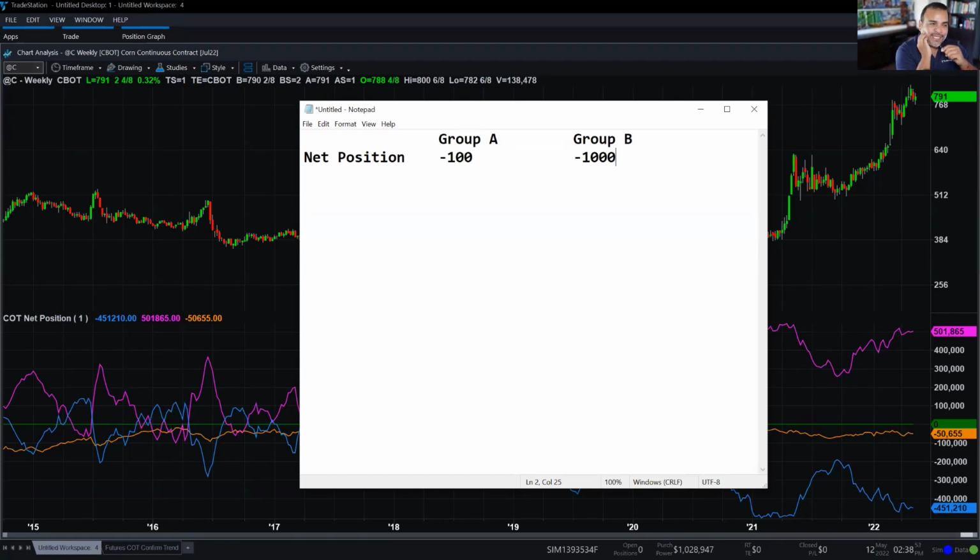The value here could be deceiving because if you don't have information about their total position, you have no way of knowing if that's big or not. For example, if the total position of group A, let's say, is 1,000 contracts, and for group B you have 100,000 contracts. Larger group, right? Let's go ahead and take a look at that in percentage.